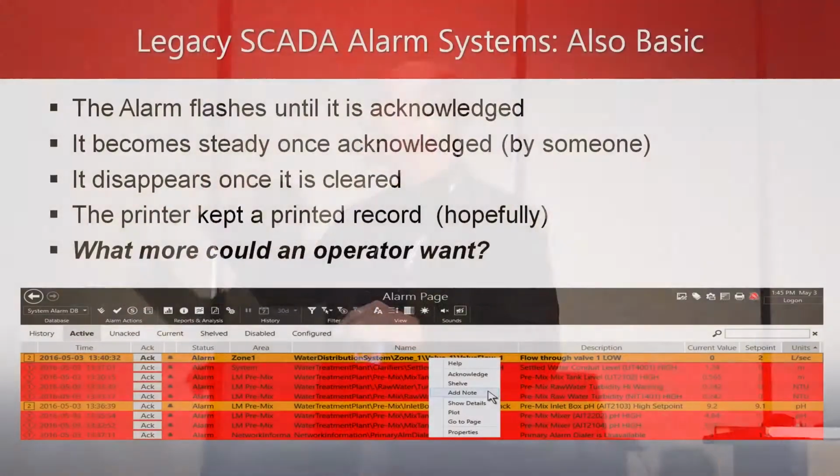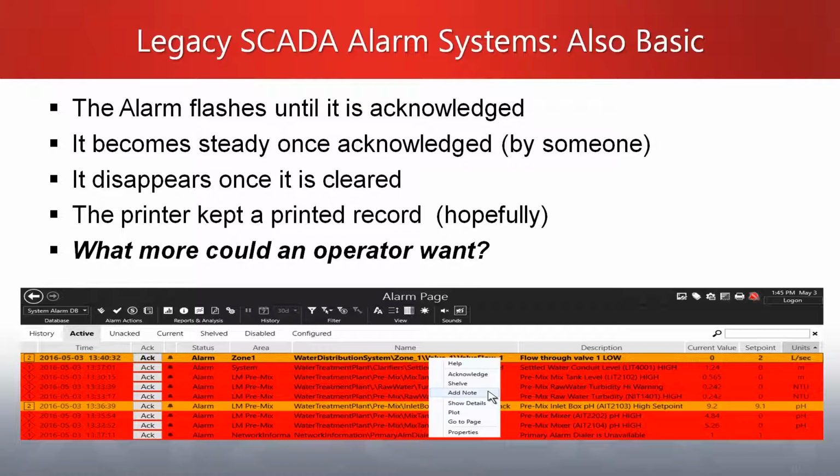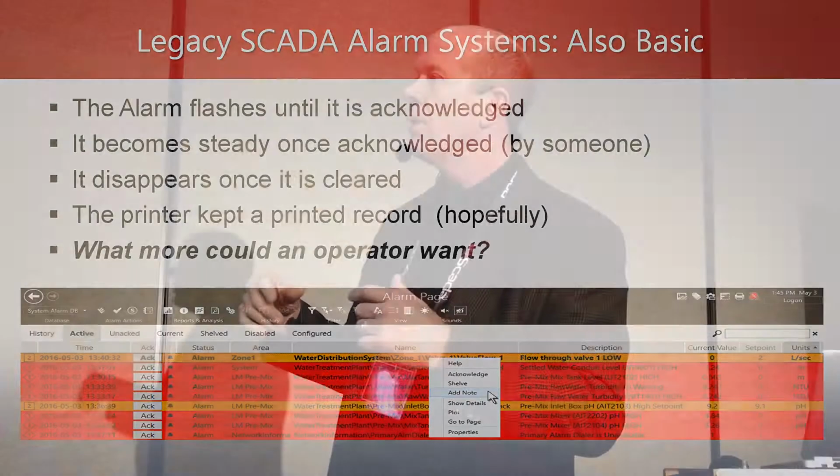Now, let's go to the next one. This is what I'll just call the legacy alarm system. If I go back to Miss Smith's example and replace that with a computer-based system, in those days actually DOS-based SCADA software, the idea was you had an alarm banner on the bottom, typically, and maybe a trend window somewhere, and that's just the way it operated. The alarm would come in, they would go over there, and hopefully acknowledge it at some point. You kind of had to get the bell or the alarm horn to stop.